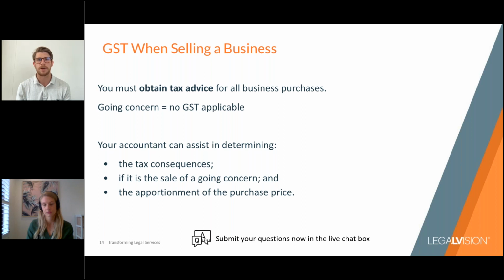So this is an accounting point, a question that you can raise with your accountant, and they can guide you as to whether they determine it would be the sale of a going concern or whether GST should be paid on top. As well, another key point is the apportionment of the purchase price. Generally when you're buying a business, it's apportioned, meaning split between goodwill and plant and equipment, and sometimes other things as well, like stock. And so generally you as the buyer want to depreciate some of the assets of the business. So you want to try and have an argument that there should be a higher amount put to the plant and equipment, so you can get a tax benefit of depreciating that.